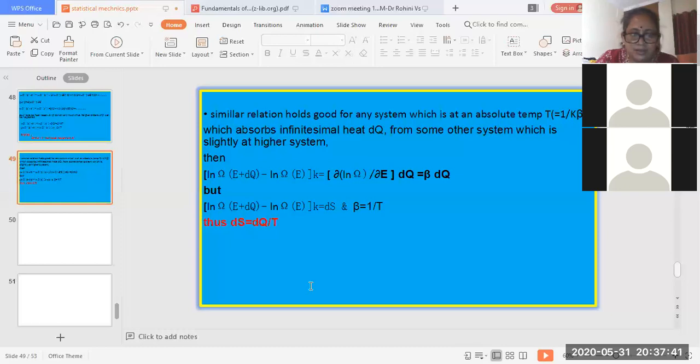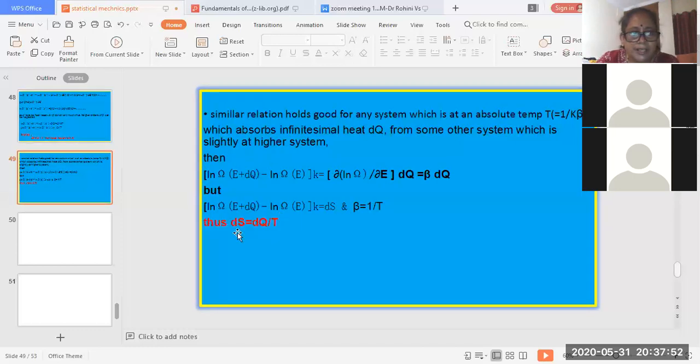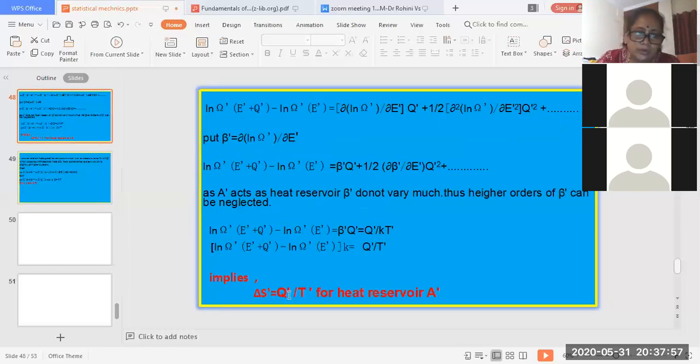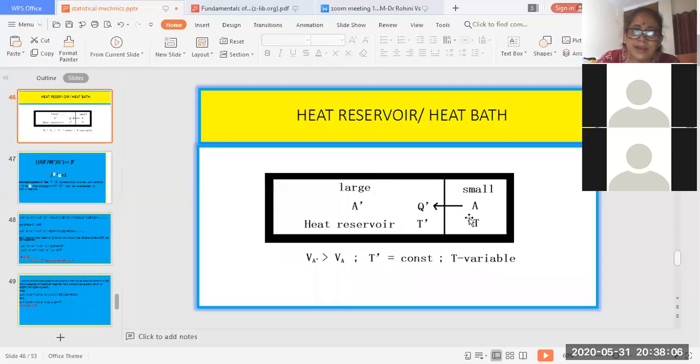Or in general, this is for a large change. So if the change is very large, I will write it as delta S. Okay. So if the change is very small, I can write it as dS. That's the only difference. So here I wrote it as q, but here I am writing it as dq. Okay. Change is very small. So in general, if the system is acting as a heat reservoir, the exchange of heat energy with respect to a smaller system which is losing energy can be expressed in terms of the entropy of the system.